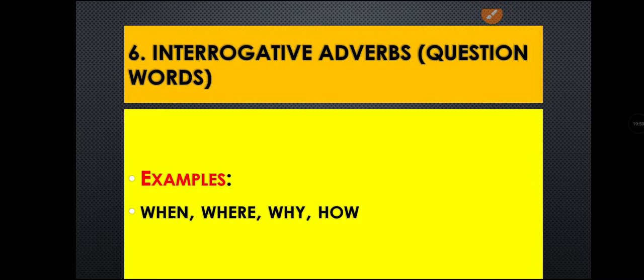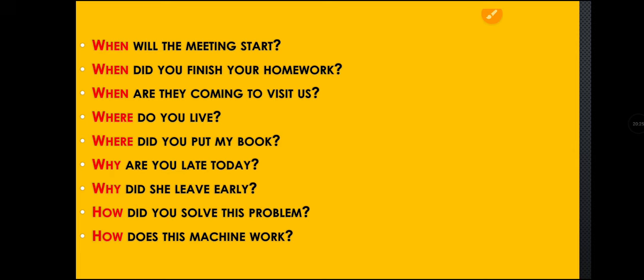Okay, my dear students. So let us know the meaning of interrogative adverbs. Interrogative adverbs are question words. What are the interrogative adverbs in English? When, where, why, how. They modify action, they modify verb, adverb, adjective. These are the only WH words we use as interrogative adverbs, that is when, where, why, and how. Let us see how we use these words in examples.